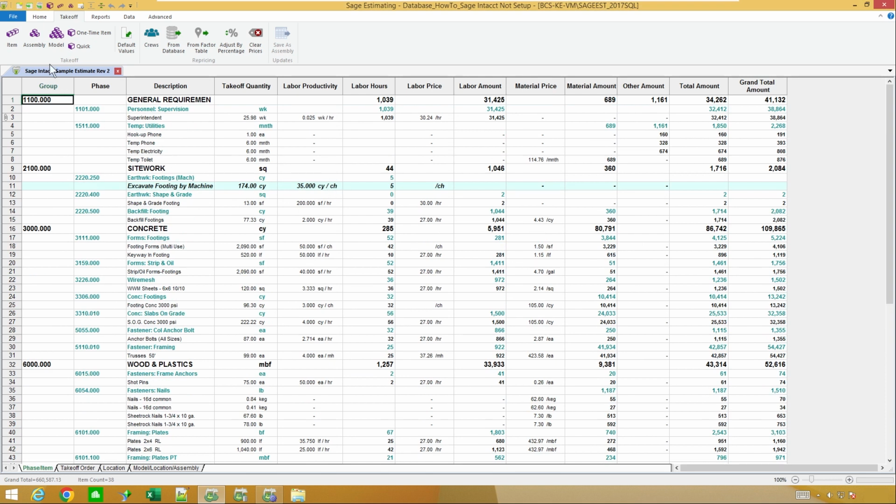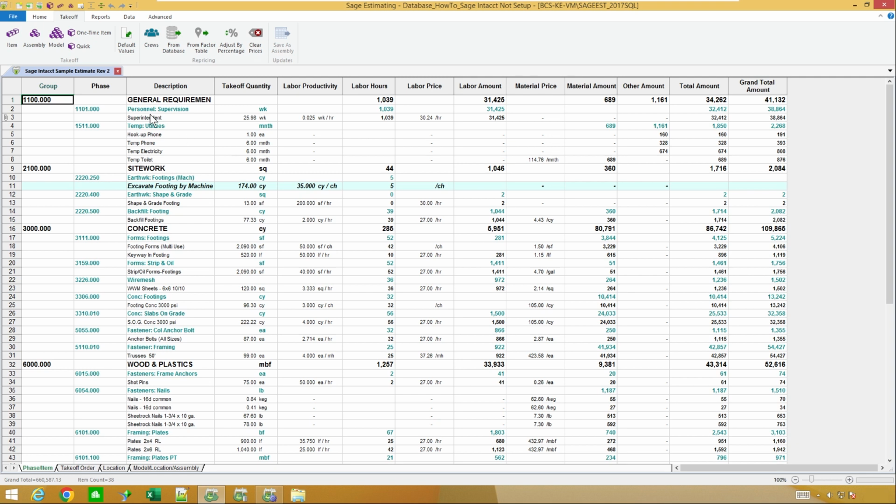So all of this would still be the same as what you're doing. At this point, I'm going to say that we're awarded the job and I'm ready to start thinking about getting this sent over to Sage Intacct. So the first thing I need to do is a couple things. One thing is, if I change my database to know about Sage Intacct and the estimate, it seems like it remembers the username and password a little bit more consistently and things like that.